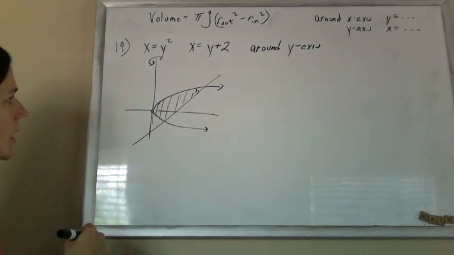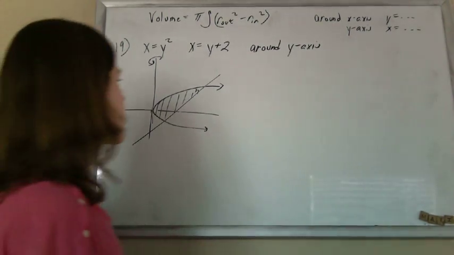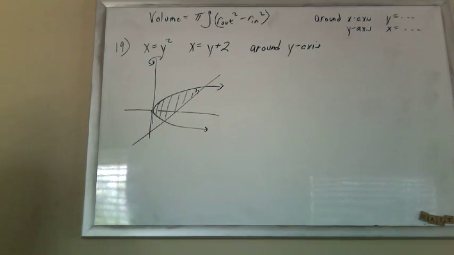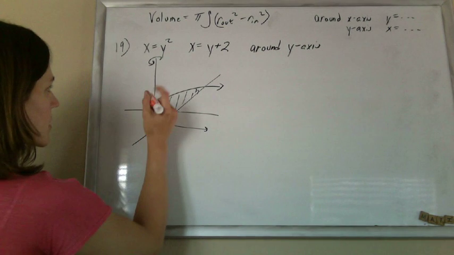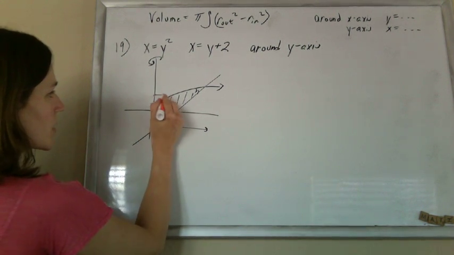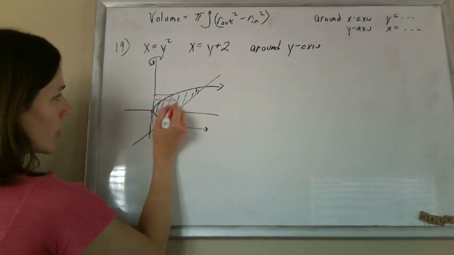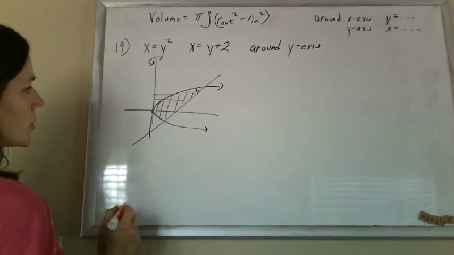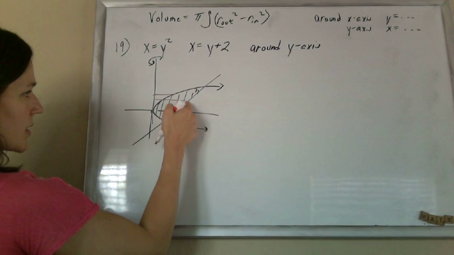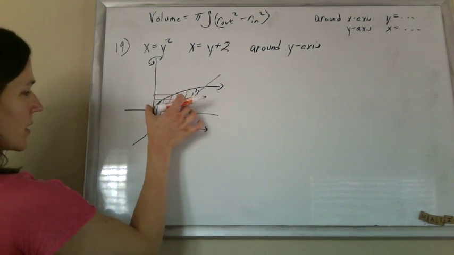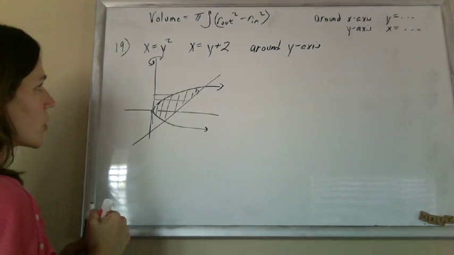And yeah, looks good. So we're going to have to draw our radii. So we're going to start at the axis of rotation, drop until you hit something. We hit that parabola first, but we could go farther, so we do have two radii here, and our outer one is the line. So what we're going to do